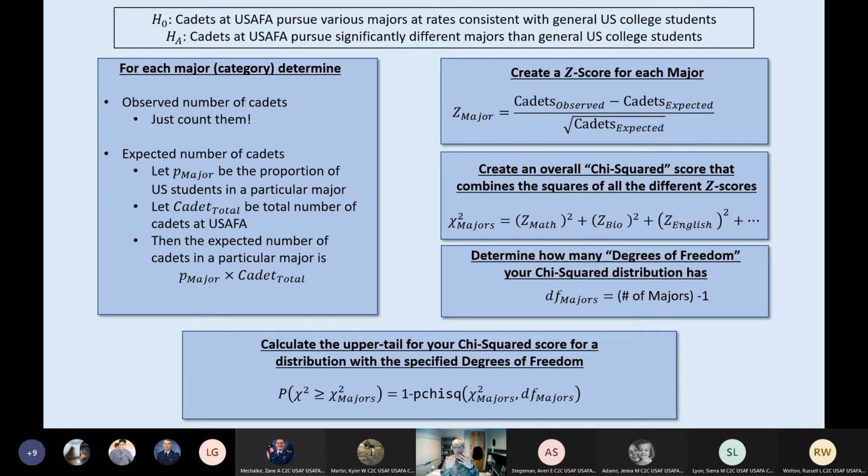And that would be our p-value. And then we compare that to whatever our alpha is. If it's smaller than our alpha, then we reject the null hypothesis. If it's bigger than our alpha, we fail to reject the null hypothesis. Okay, I have some code that I want to go through, and then I will give to you guys after